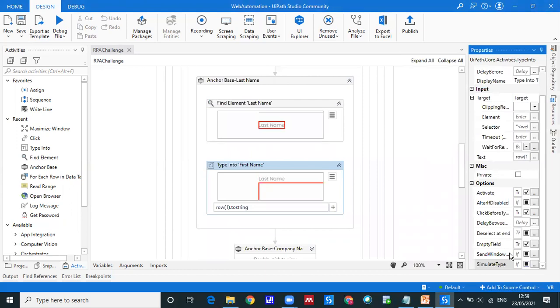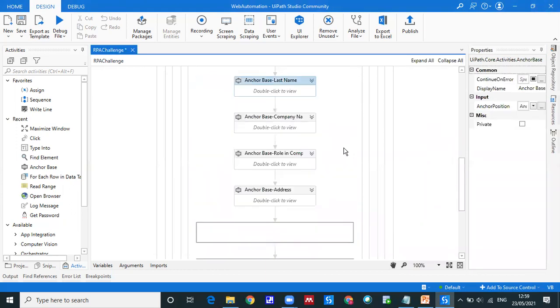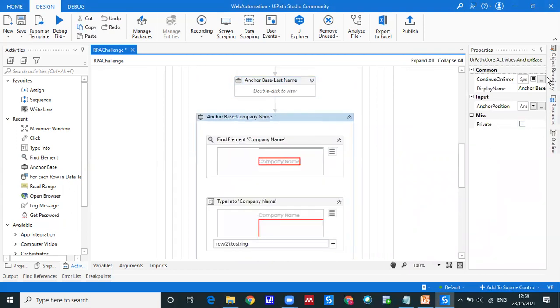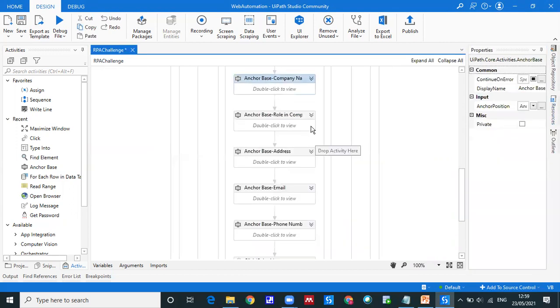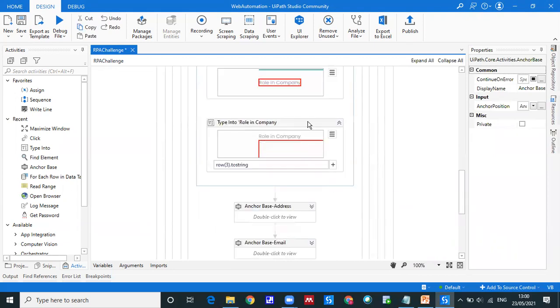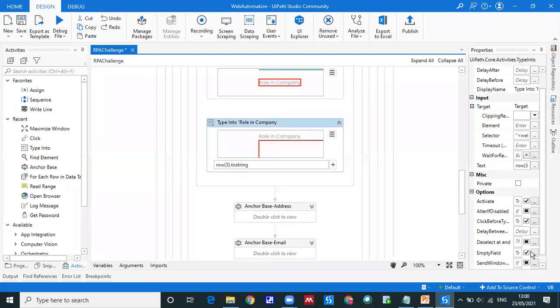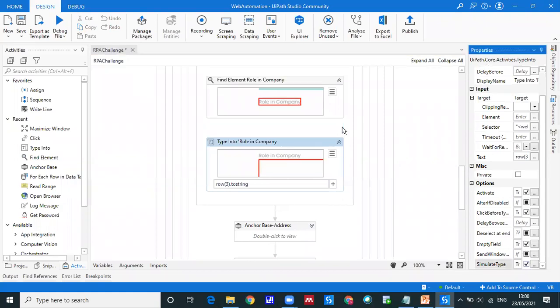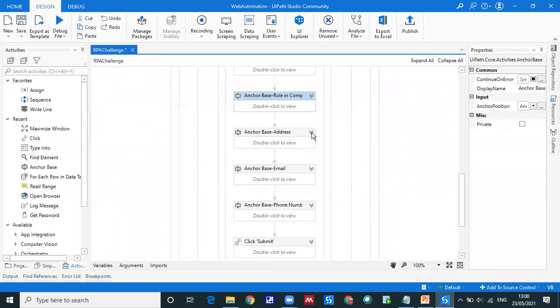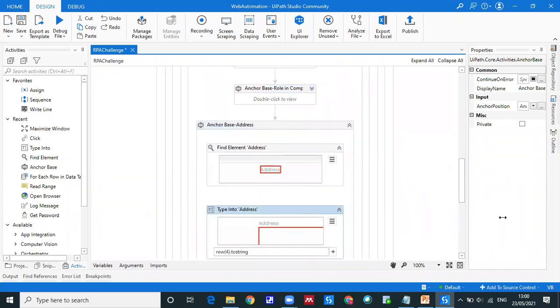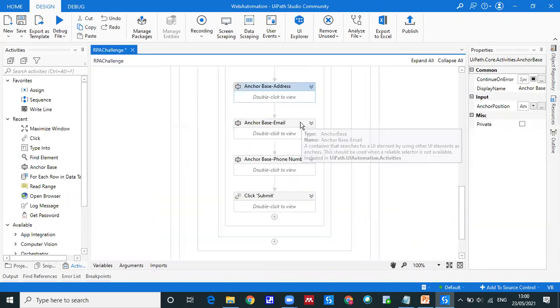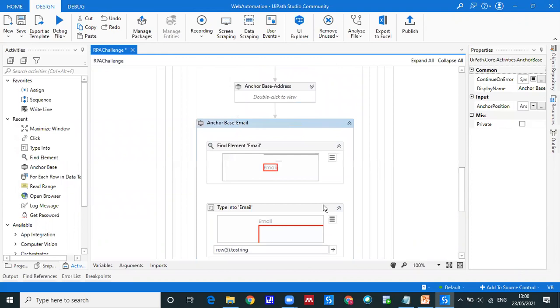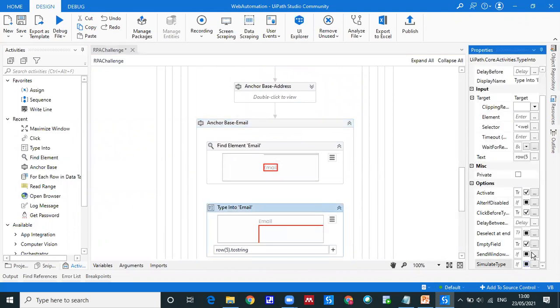So I'm going to click on every simulate type. These are the different input methods, how the bot should interact with the elements of the UI. This is simulate click. This is faster than the remaining two. One is the default, second is send window message, and third is simulate click. These are the three different input methods to interact with any UI element. What I'm saying is this is going to improve the speed, and you can witness that.